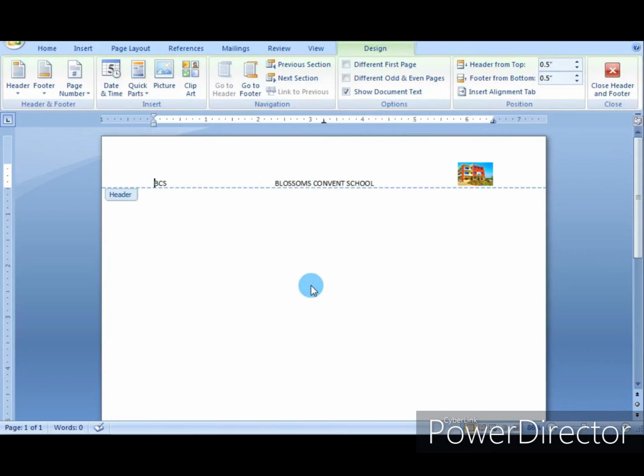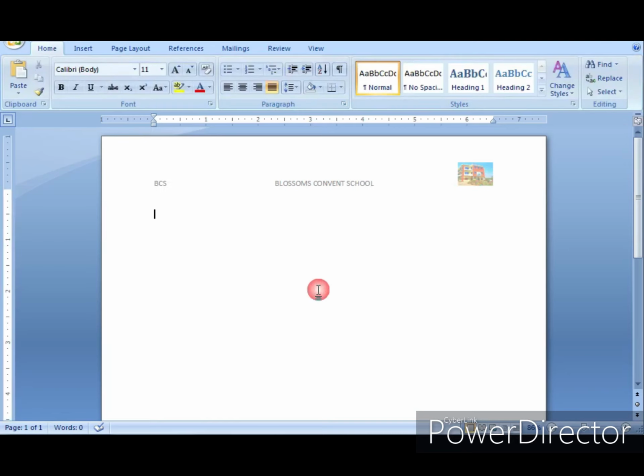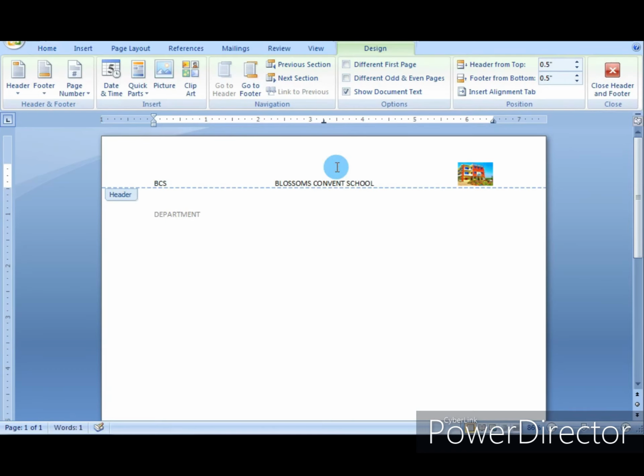If I want to go to the document area, double click on the area and now I can write text here. If I want to edit the header, double click on the header area. Now I can also change the header text.